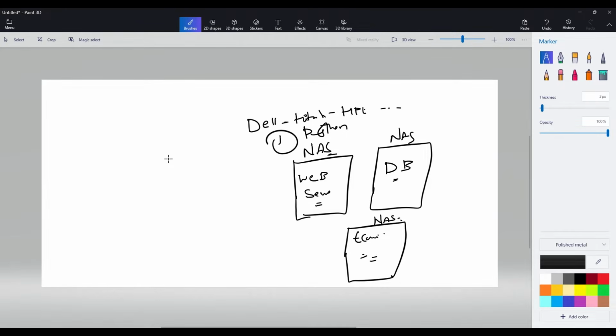Imagine if they wanted to build another application which is Java based. Again, they used to buy three new devices: for the web server, for the database server, and for the communication servers like email. If you go and watch in the data centers, you will see a hell of a lot of racks, storage racks. All of these contain web servers, database servers, and NAS devices.